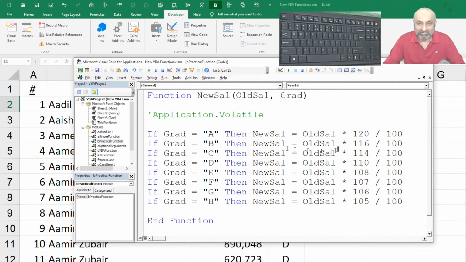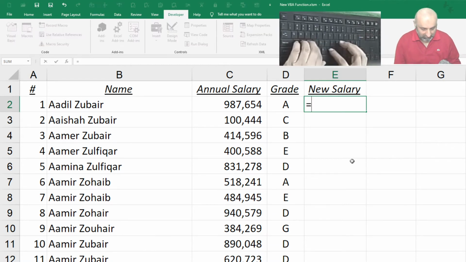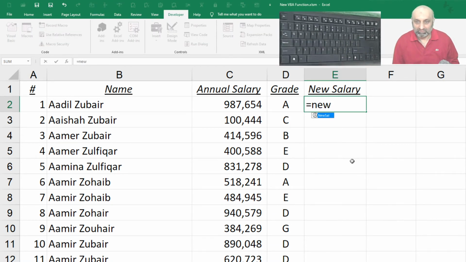So let's try to use this function, and the function name is new sal. So equal to new. So here is my function, just pressing the tab key, new sal. So first thing is the old sal. So old sal is in C2, comma, and the grade is in D2.